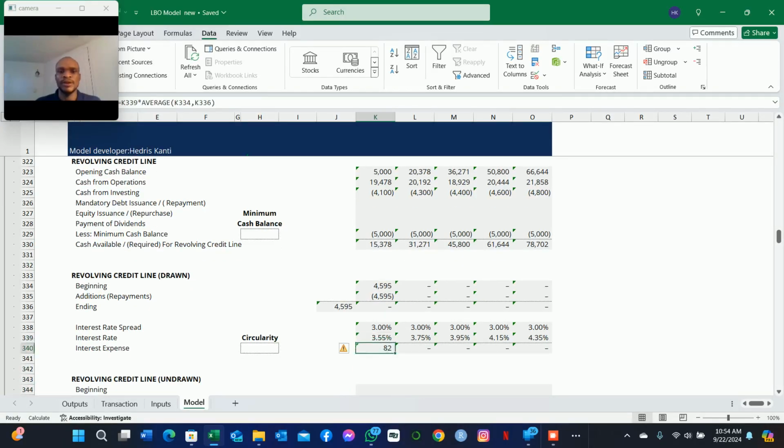So this is the interest expense that will be paid to this tranche of debt, that is the line of credit. At this point in time, these numbers will change later on in the model when we have other items filling in to offset our cash available to repay the revolving line of credit. So for now, we have this set up here as this amount of interest that will be paid to